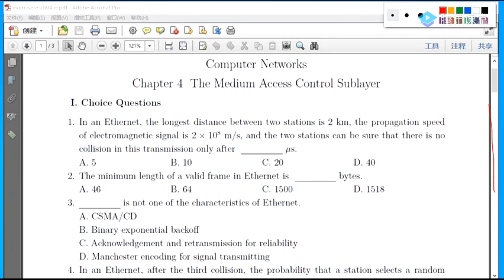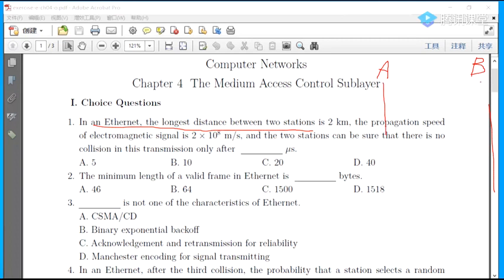Now, in the Ethernet, the longest distance between two stations. So we denote the two stations by A and B, right? The distance is denoted by